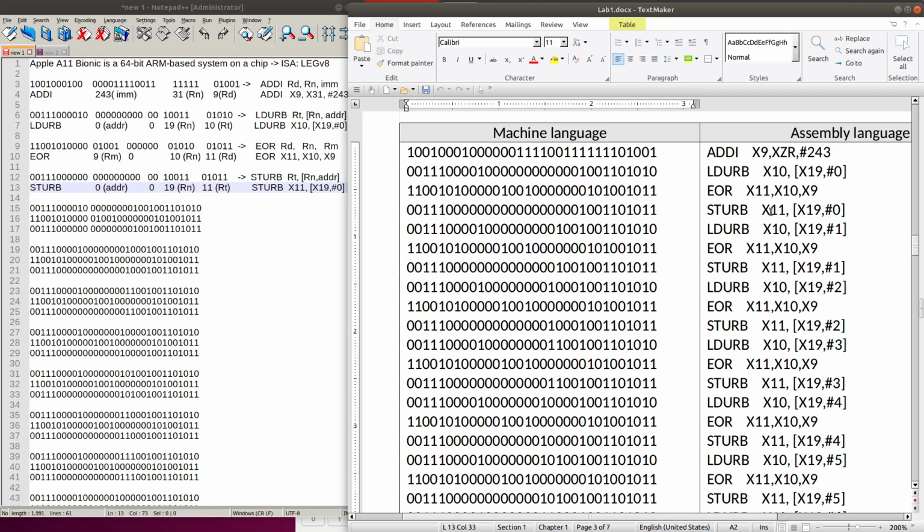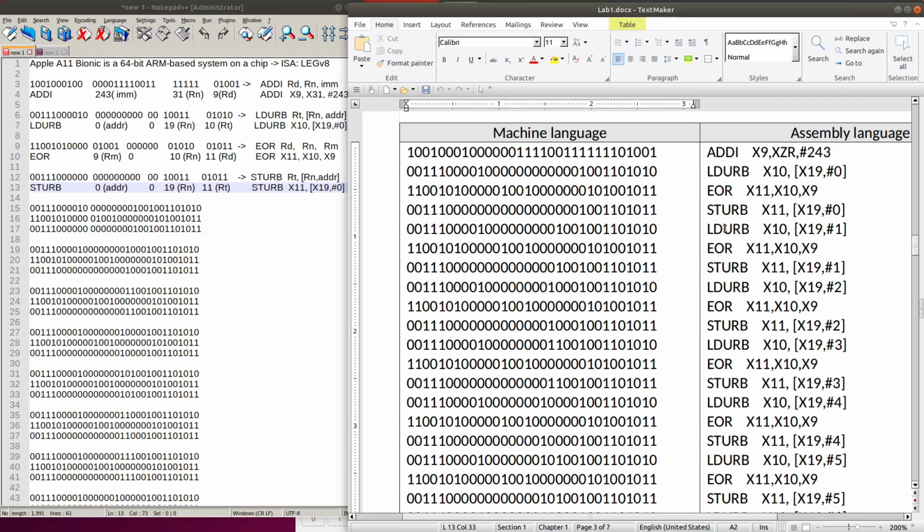After that X11 will be written back to the memory at the offset address of 0. So here we load from address 0, exclusive OR with 243, write into a register, and finally store that value back to offset address 0.